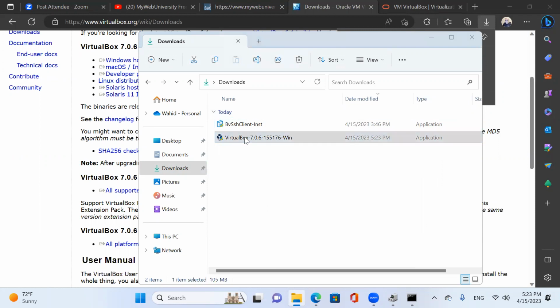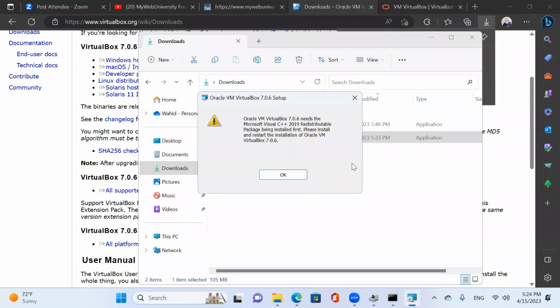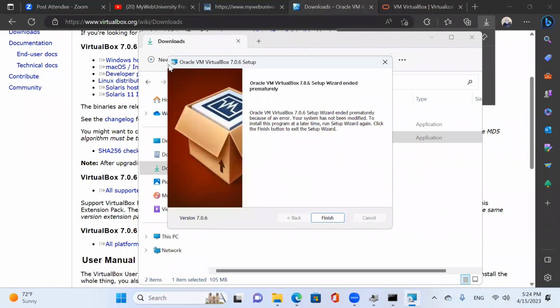I'm going to just double click on it to run it. And it's going to prompt me, saying, do you trust this one? I say, yes, I do. So I could continue the installation. But at this time, it just says that I need Microsoft Visual C++ 2019 in order to continue with VirtualBox. So in order to do that, I'm going to go ahead